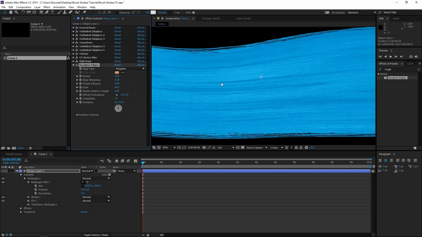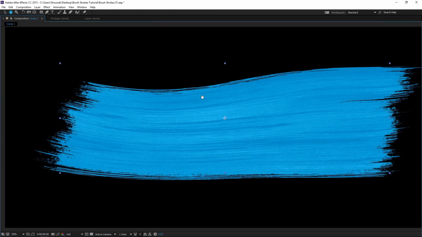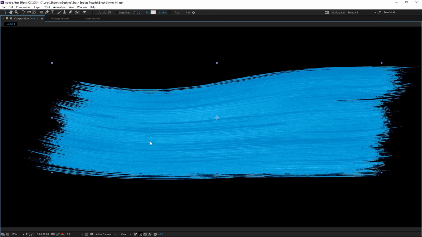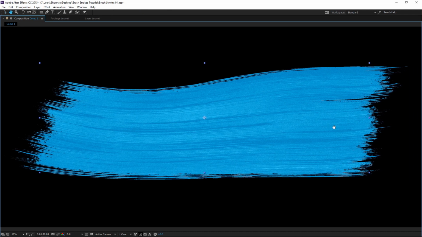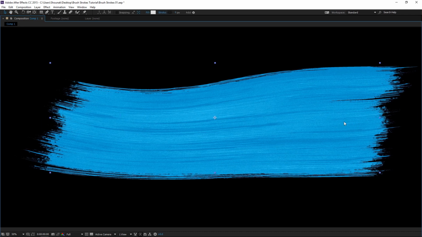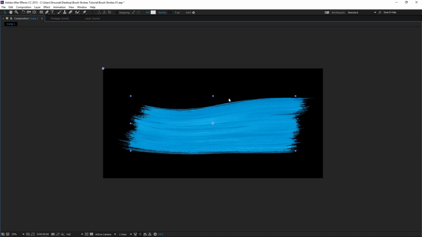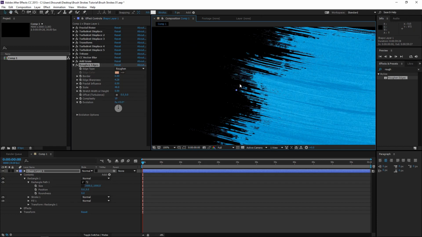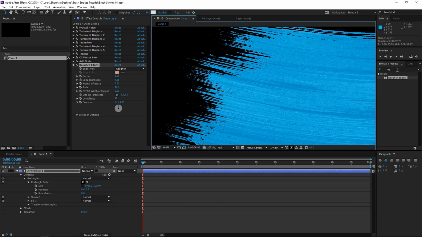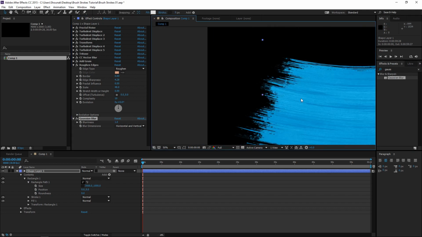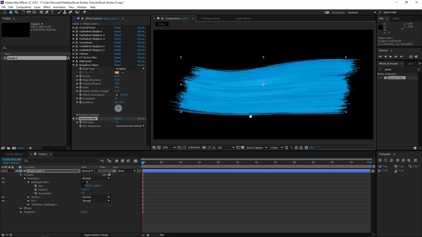Okay. This is kind of a look that I was going for. It has the right amount of distress on the sides and on the right and left as well. This is the direction in which the brush stroke is going to be created. So this is not bad, but the lines are a bit too sharp, so maybe we can add a bit of blur to this. Add a Gaussian blur and change the blurriness to 1. That'll remove some of those dotted lines out there. So this is our brush stroke. Let's rename this comp to brush